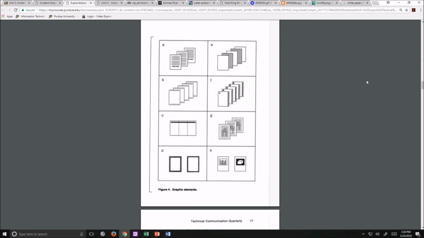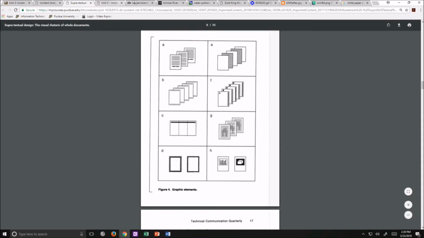So the first type of extratextual design element that I want to talk about that you might use is timelines. If you're looking at incidents where time plays a critical role in how information was documented, circulated, and received by the public, timelines can be a great way to visually represent chronological information in a simple and direct way, while calling attention to not only when things happened, but also how they relate to other events happening at the same time. So the example that I've found,